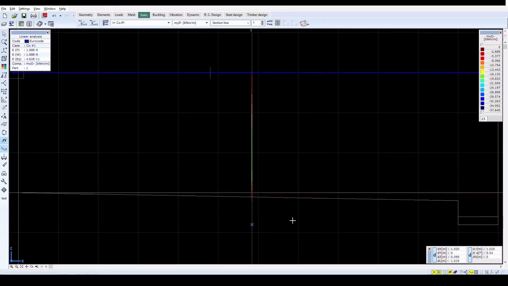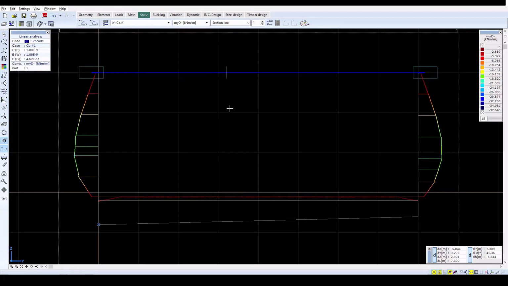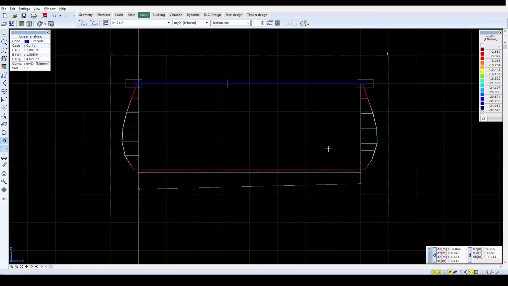And then, in the section line display mode, change the view to the YZ plane. On the numbering speed button, turn on Write Values to Lines.